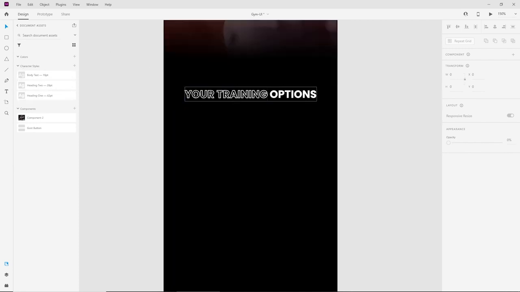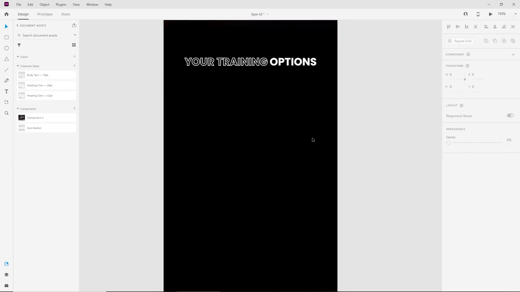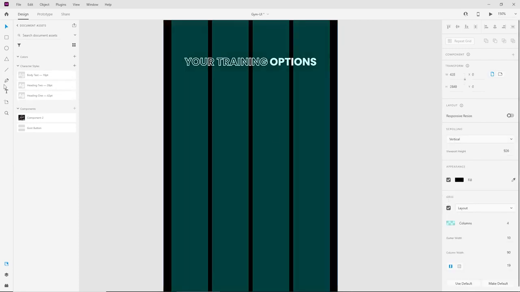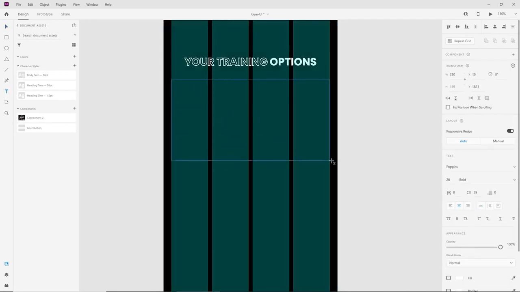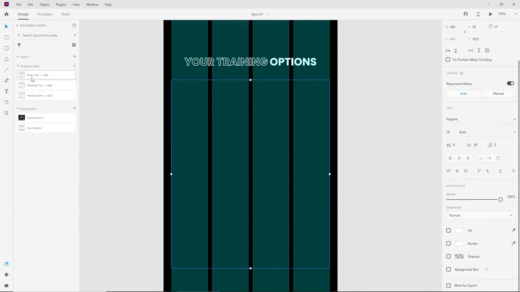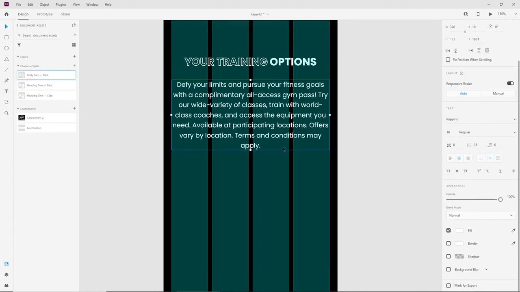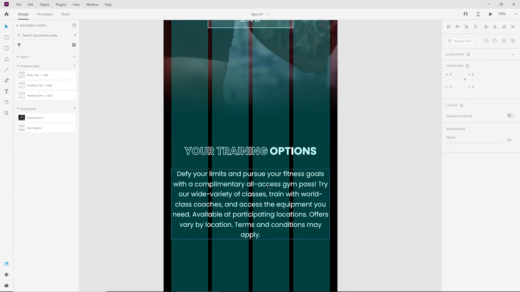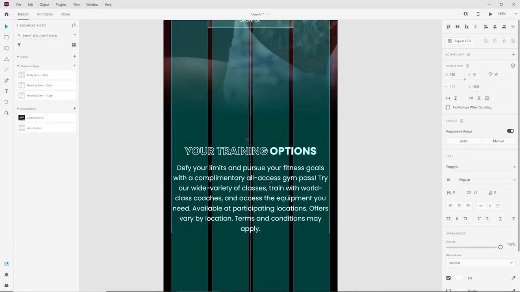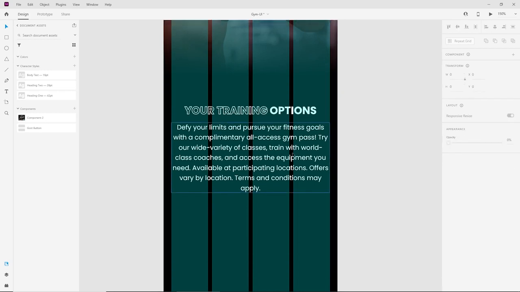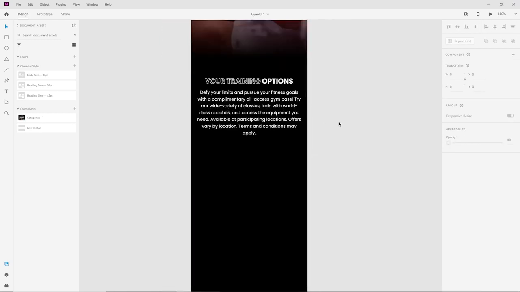So for the next bit, we need to add a little bit of text. Let's add the grid again, and then press T on your keyboard to add some text. I'm going to copy and paste some of the text. I don't know what's happened to this text. Let's put body text, and that's already looking good. I'm going to mess around with the spacing a little bit until you're happy, and I think that should work well. Okay, let's do the training options now,